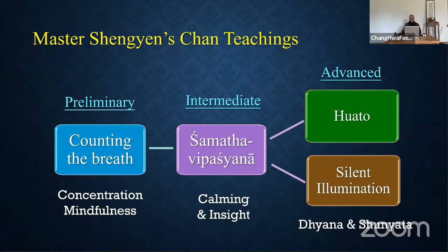of emptiness. But I have to point out that this is our tradition; in different traditions, counting the breath can be a method to achieve dhyana and shunyata. And some lineages use samatha vipassana and can go all the way to dhyana and shunyata. Because we are Chinese Chan school, in Chinese Chan you usually pick up the sudden and direct part of the practice and just use that part directly. However, our master found out that maybe modern people are